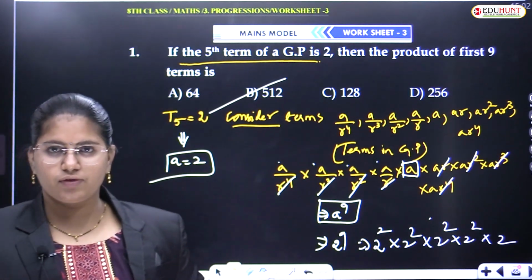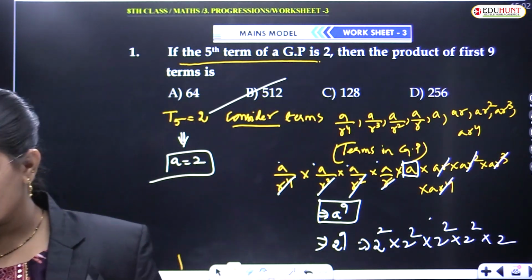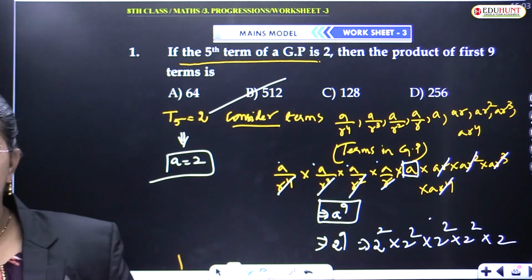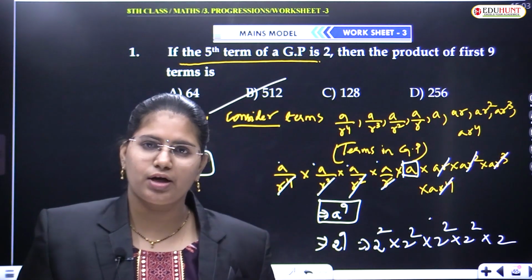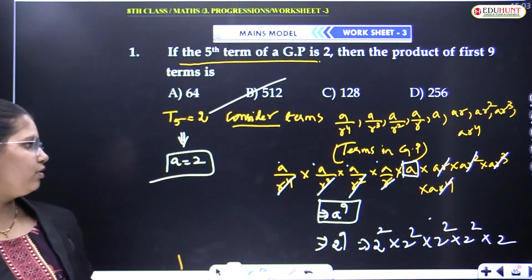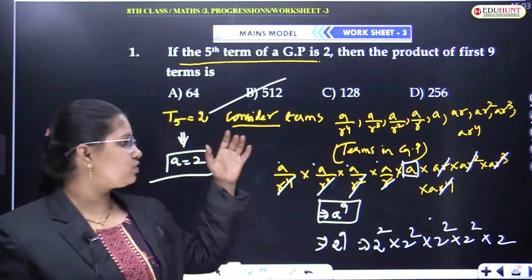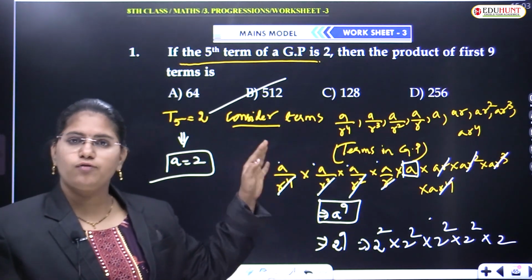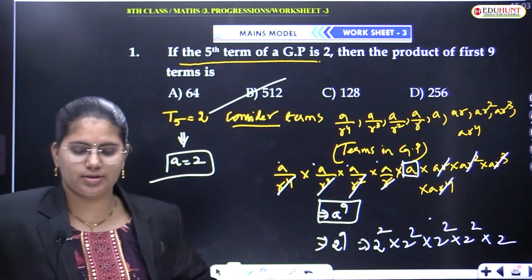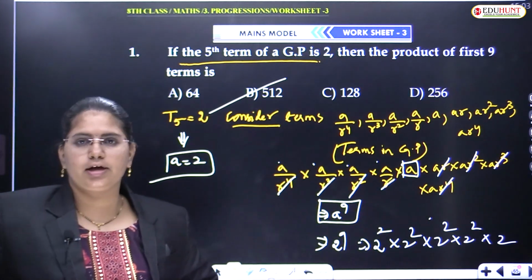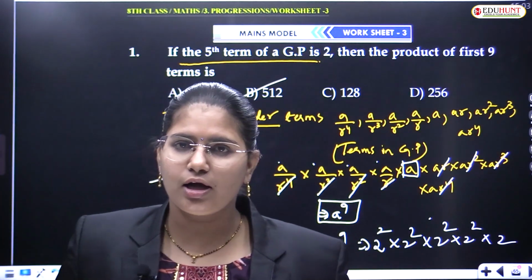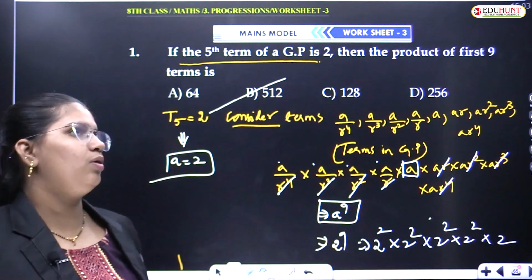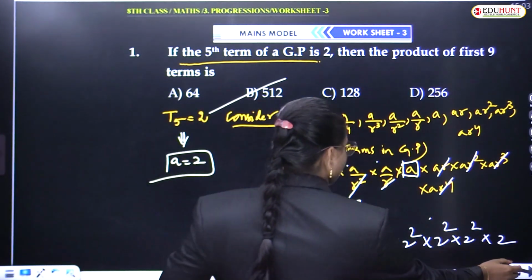Please have a glance at the problem. Please make it fast. Did you understand? So how is it 512? Because the value of 2 power 9 is 512. And why am I taking these type of terms? That is nothing but the standard form of terms whenever it is in a GP. Am I clear with this? If everybody is clear, I'll be moving to the next one. We'll be moving to the next question.